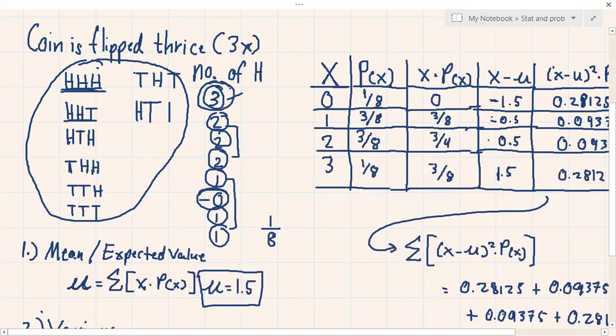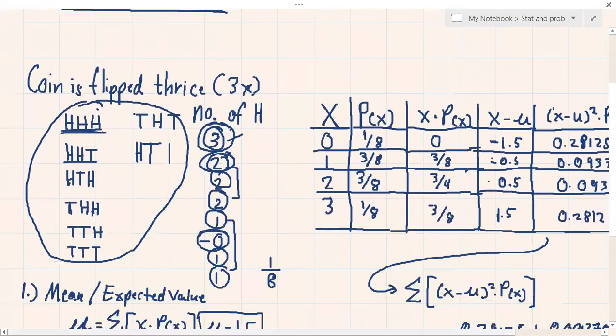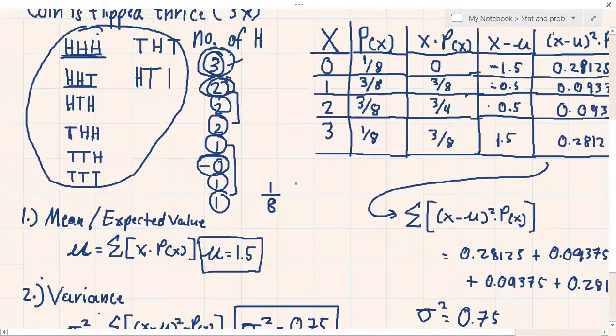O kaya ito, dalawang heads pero sa last try, tails na siya. So that means sa itong second outcome na to, okay, this has the value of 2. Okay? Kasi dalawa lang ang heads. Alright? So yeah, that's basically random variable. Okay? Discrete probability. Alright? So I hope you have learned something in this video, okay?